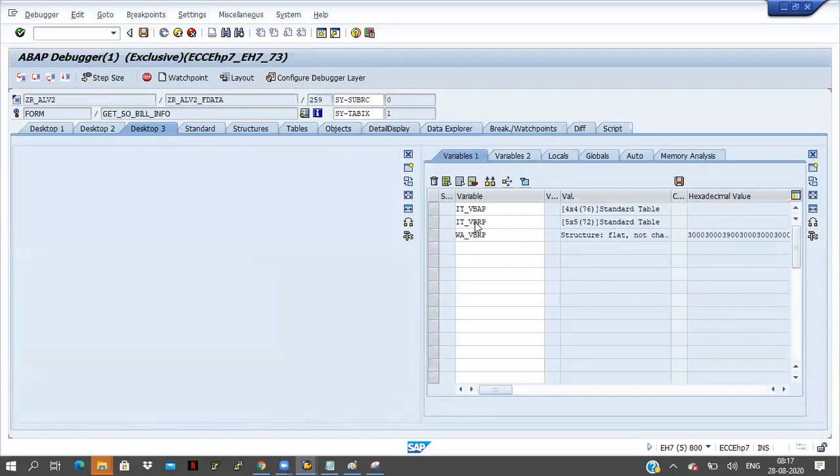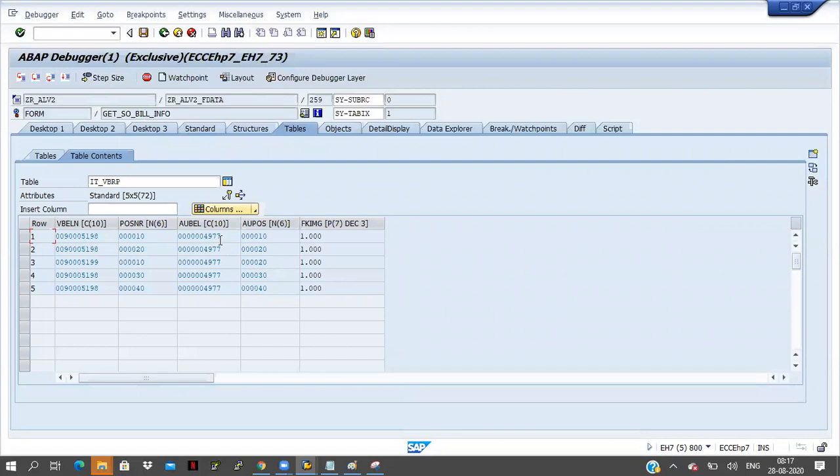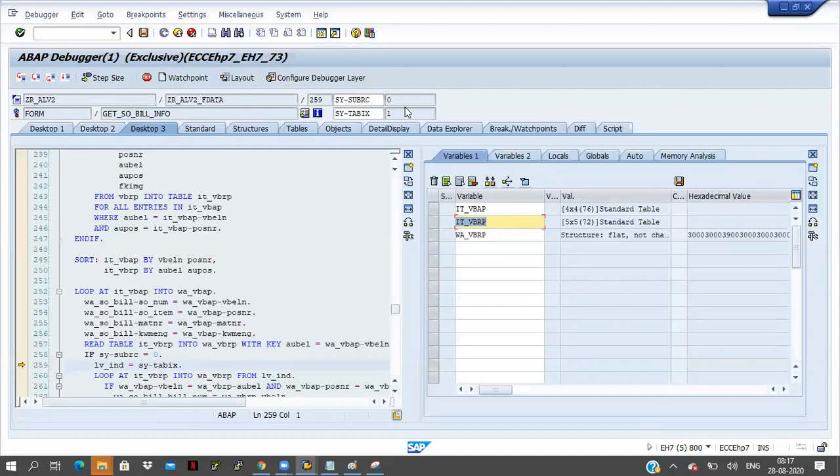You can check here, 4977 and item number equal to 10 is available in the first row. So that line number will come in SY-TABIX. Same thing, I am passing SY-TABIX to LV_IND, the index number, a local variable.